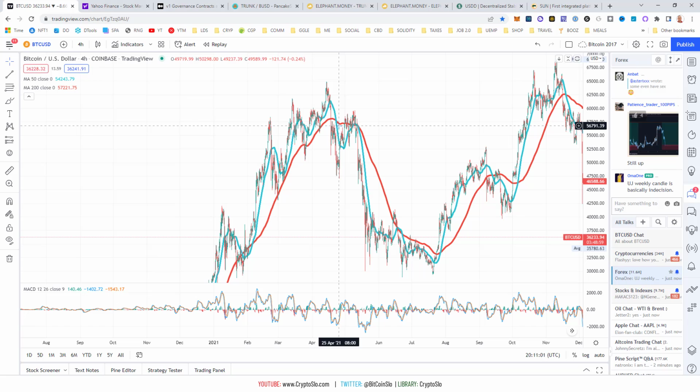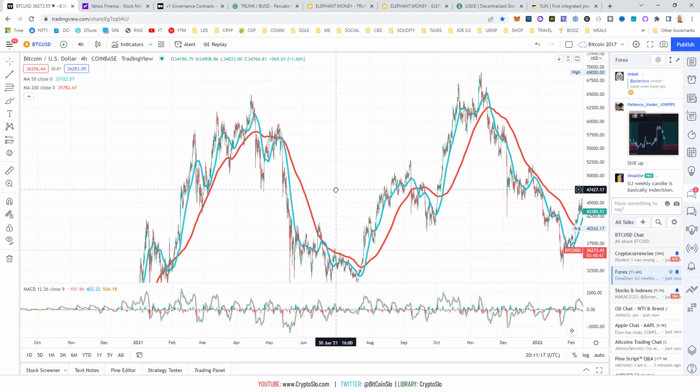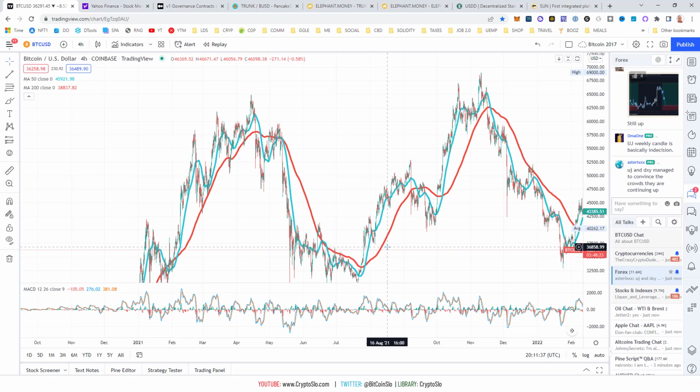Now, something that people don't talk a lot about with the death cross is you have to factor in the direction of the 50 and the direction of the 200. Typically, if they're going in opposite directions, it can be a false signal. Okay, so case in point. Let's look at this point right here. The 50 crosses the 200, that is your death cross, okay? But notice, both lines are in an upward trajectory. So this, typically based on history, not a guarantee, means bullish, okay?